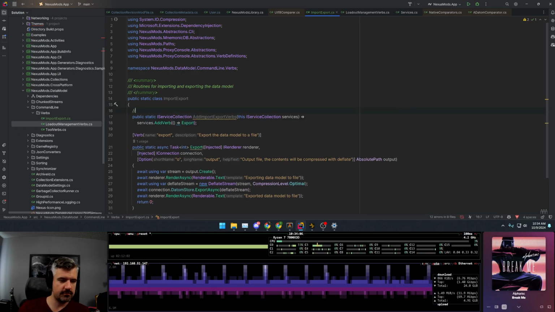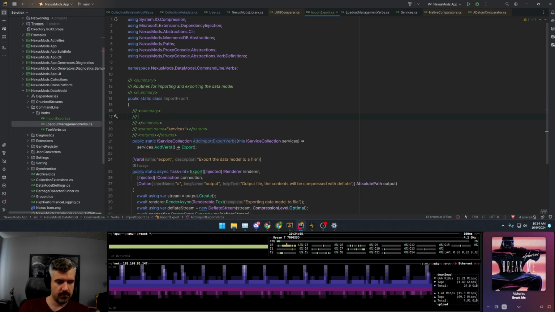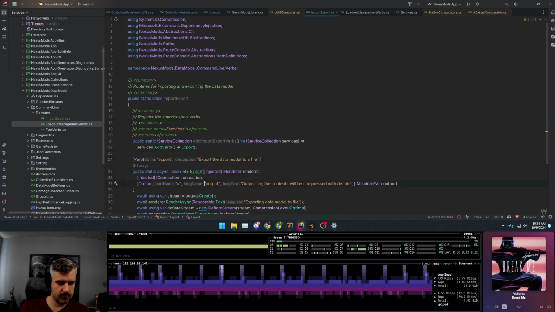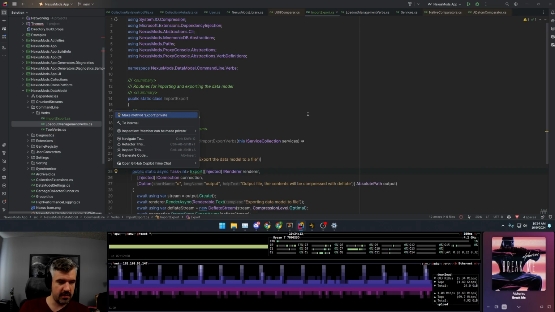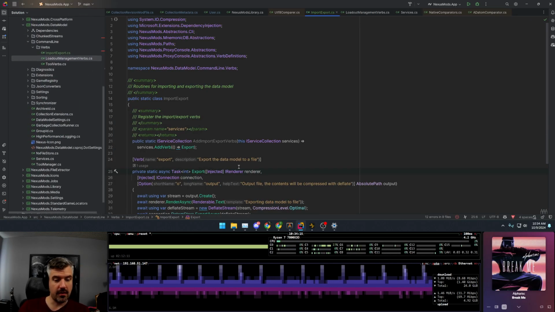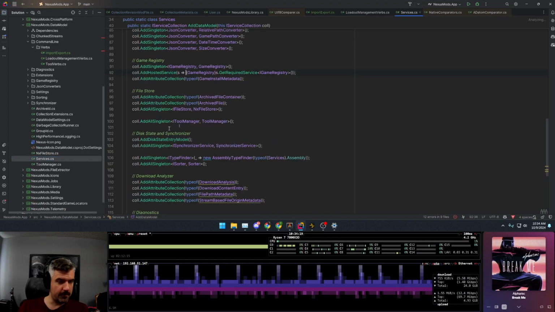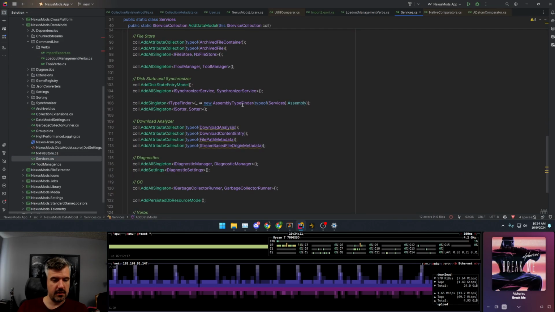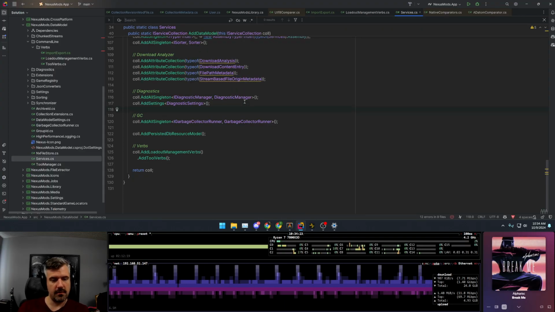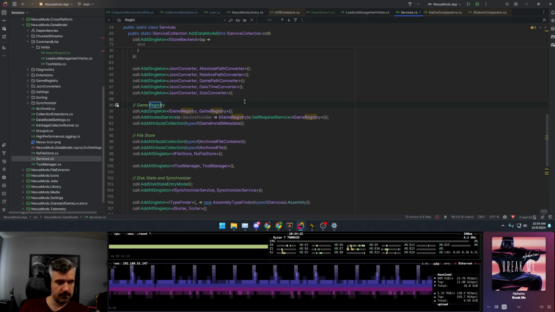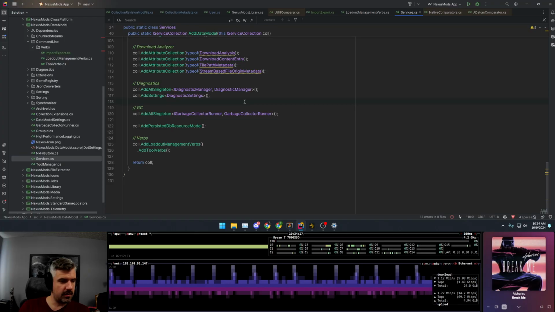So this now has... and this method can be private. Another thing I like about this system is we don't actually have to have public CLI methods either. You just do what we just did, create the definition, and then we do add